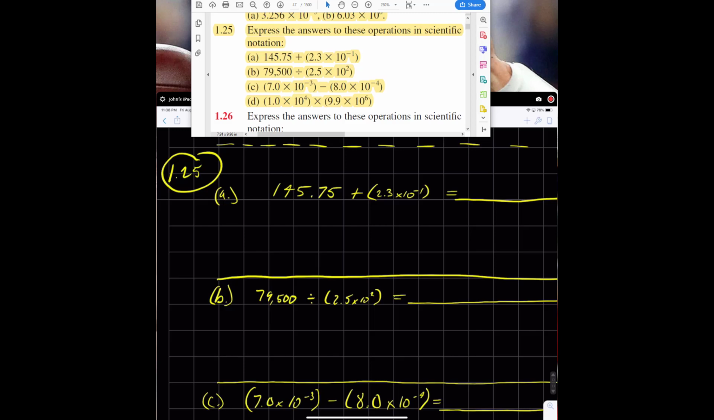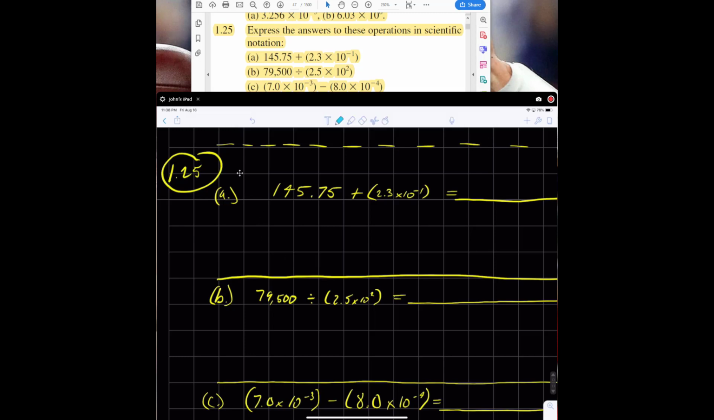Okay, so yeah, we're just going to begin with part A. It says 145.75, which is right here, plus, and I like how they use these brackets, 2.3 times 10 to the minus 1. So this is a number in scientific notation. So we can do this a couple different ways. You can do this really fast in your calculator, or you can do it by hand, and we'll just do a couple by hand, and then we can start